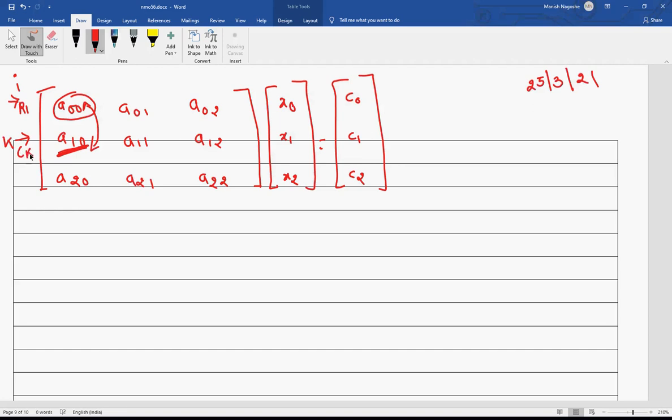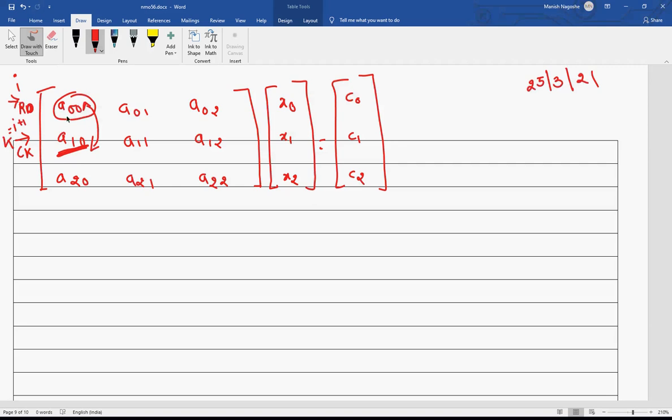Here k is always i plus 1. It is not always greater than 1. So I can call this a comparative row. So basically I need to work with R1 and C2, or I can say row number 0 and row number 1. So I just label this as R0, and this becomes C1.